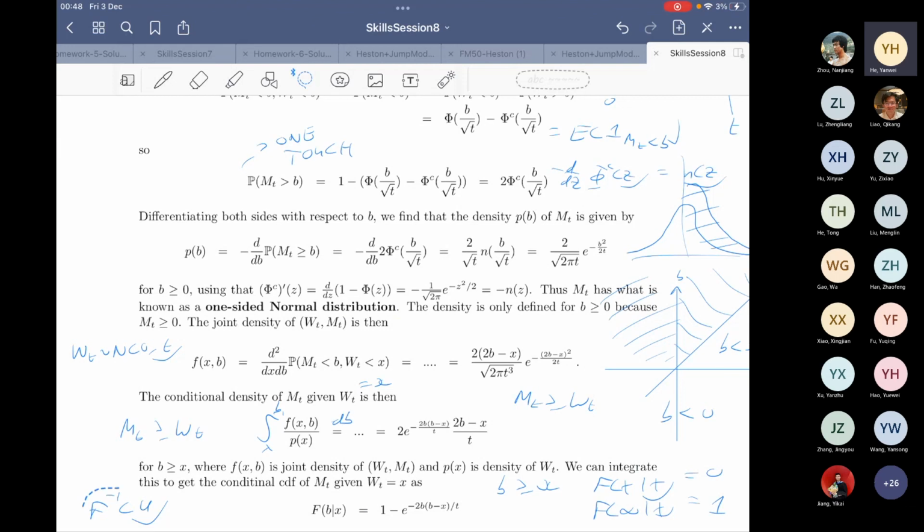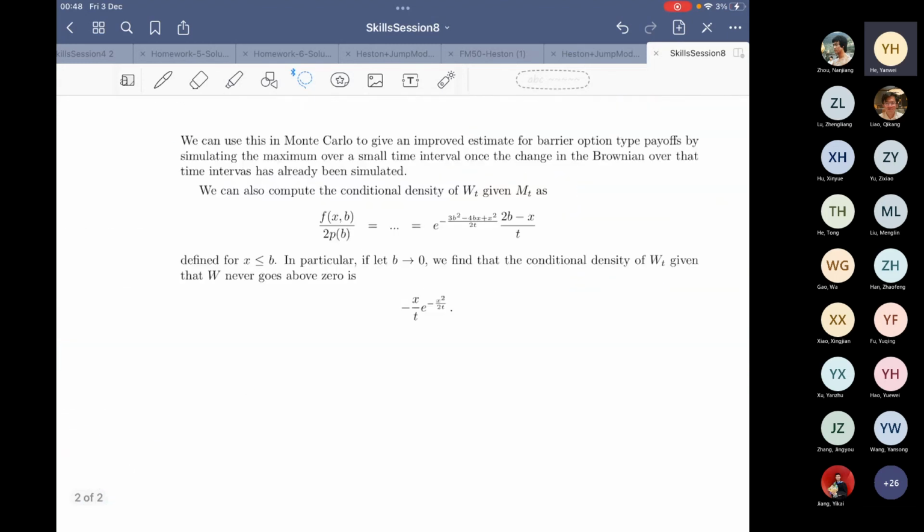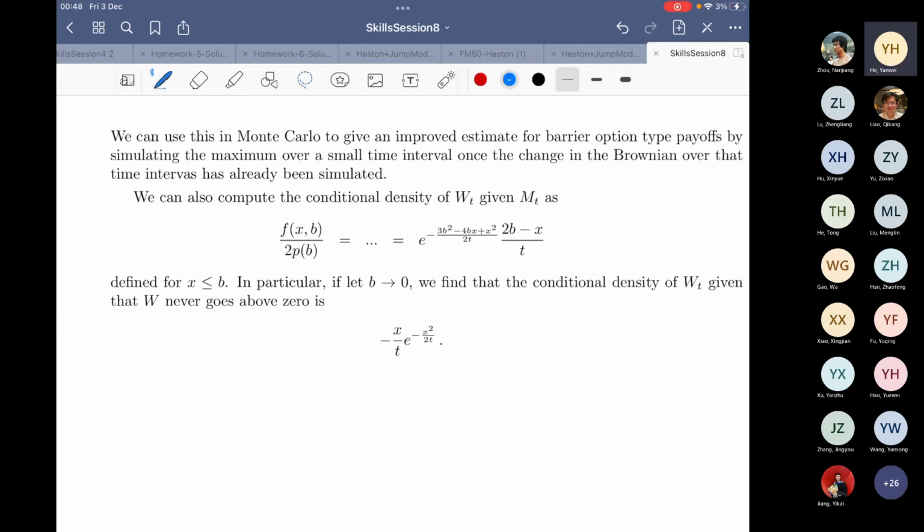What it means is that if you use that method as usual to generate your WT, you can then also simulate MT given that known value WT, let's say that known value is equal to X. You can use this formula. You'd have to invert this formula similarly, and then use another uniform to make your simulation of the maximum, given that you've already simulated W. That's quite a nice thing to do. It's actually of use in Monte Carlo, because if you're pricing a barrier option using Monte Carlo,